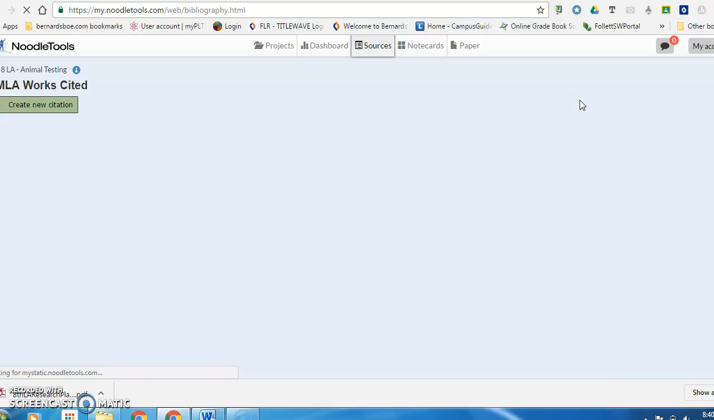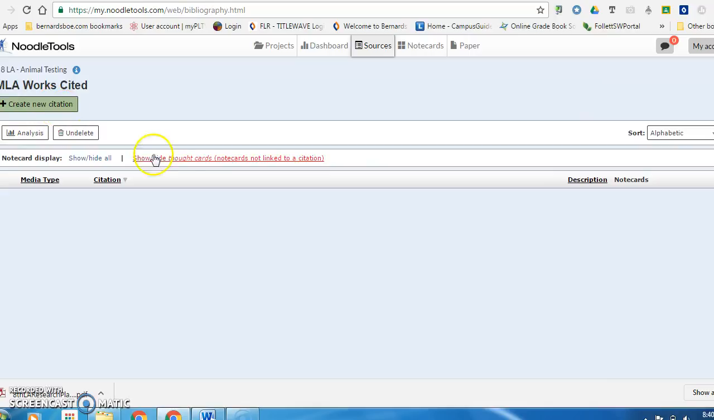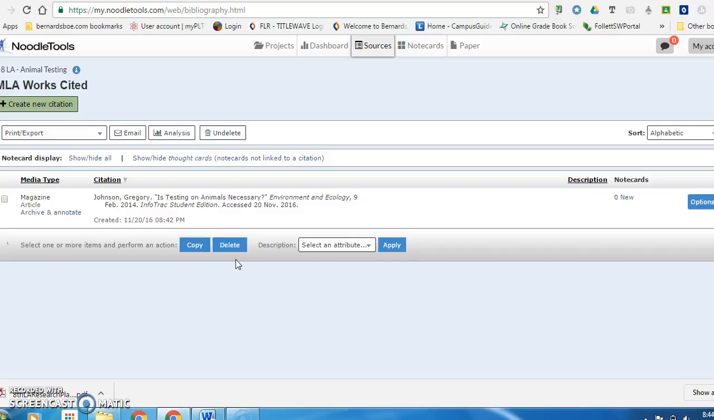You would repeat these steps: create new citation, answer the questions, enter the information for every source you use for your research. If you are using the NoodleTools Notes and Outline features to take notes and outline your paper, make sure to enter the source citation first so you can then connect the note card to the source you took